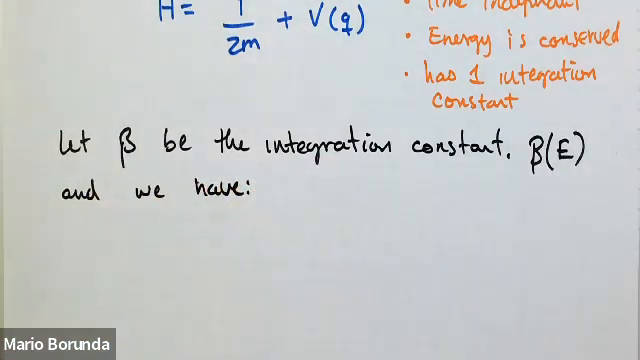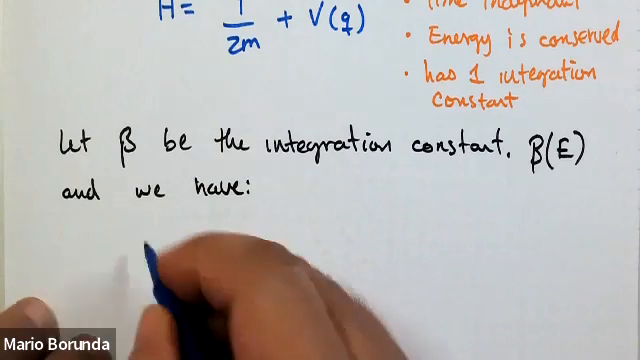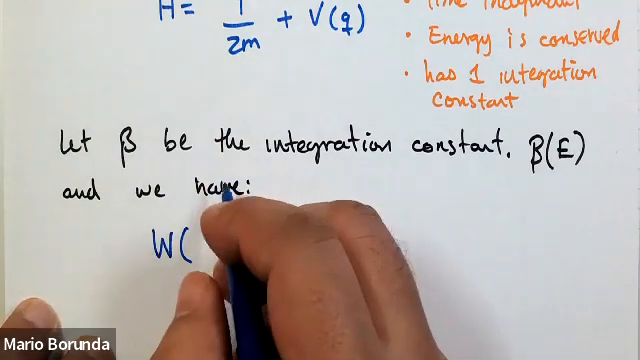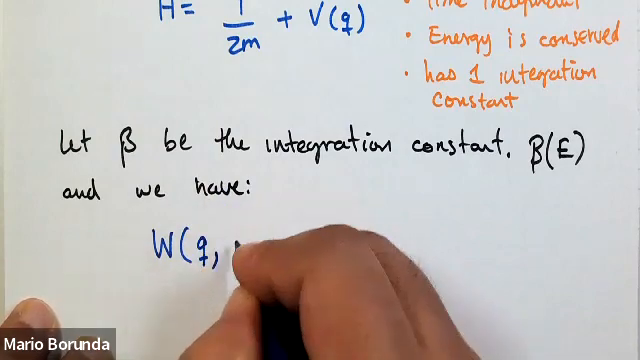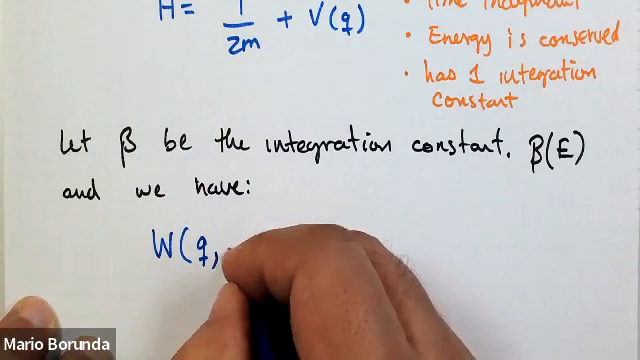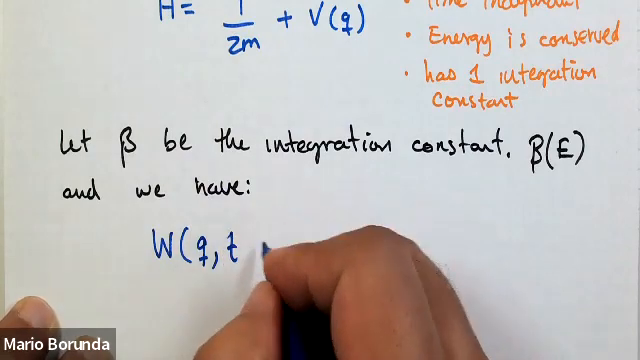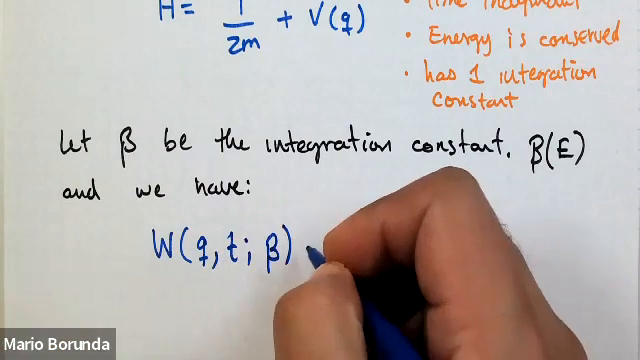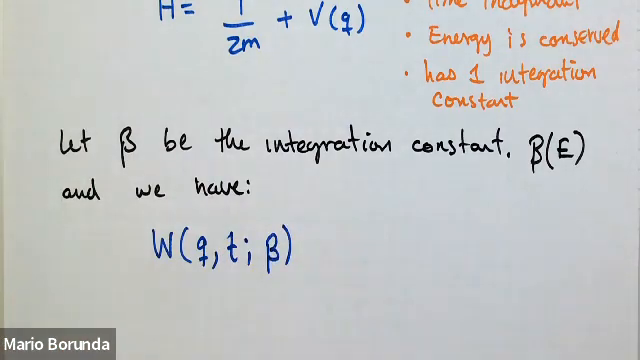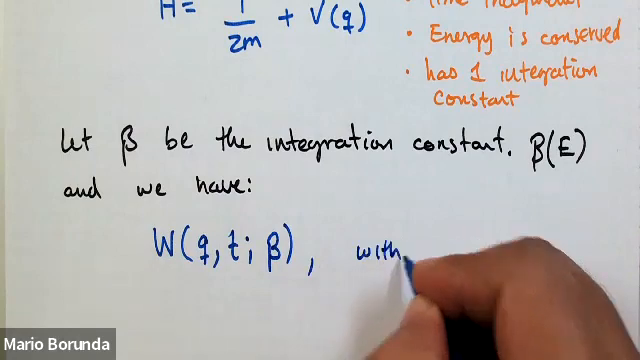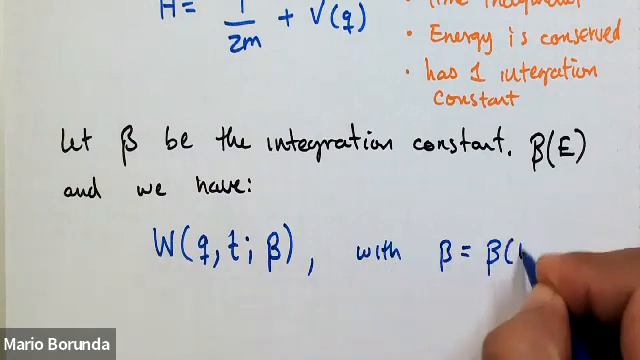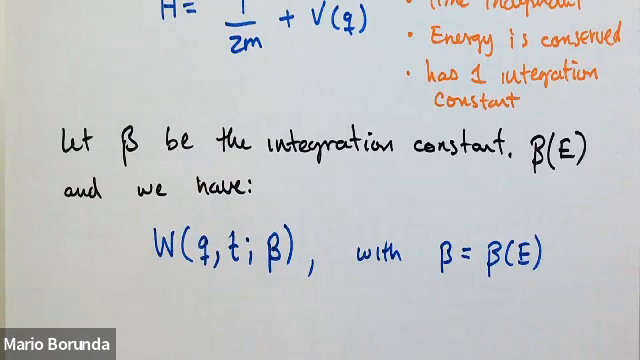Now I have that there's this function. This function depends on my variable q, depends on the time. And it's also going to depend on beta. That's my integration constant. And this beta is actually something that depends on the energy. So this is what we wanted to do with the action angles